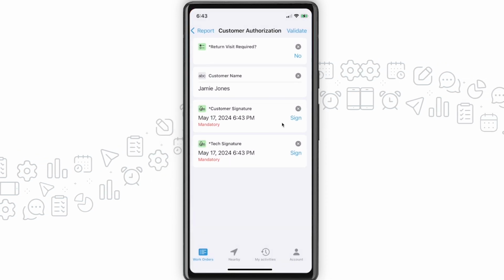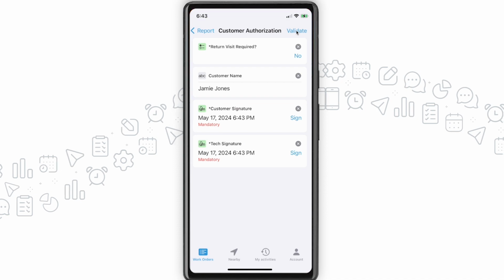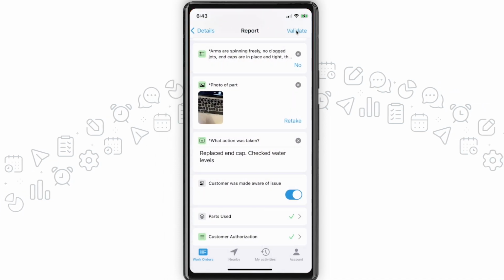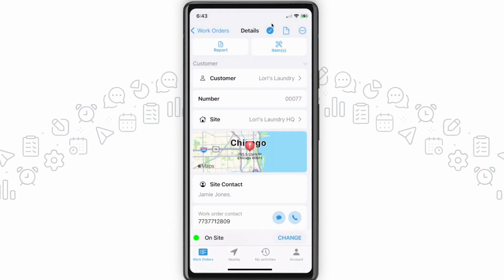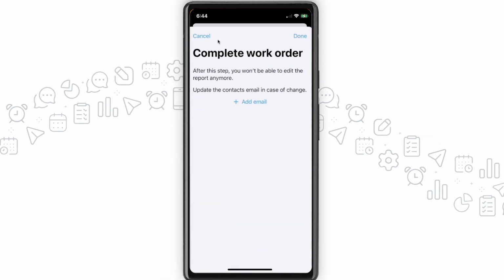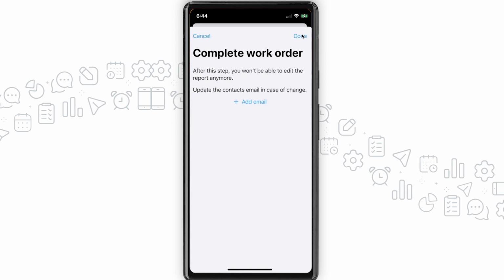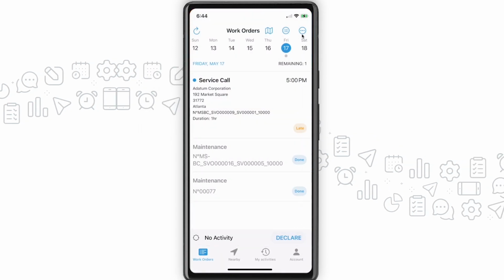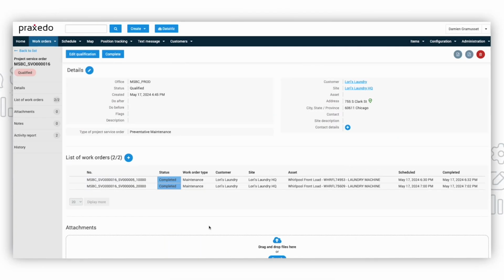Once the full work order report has been populated and validated, the tech can then complete the work order itself by clicking the blue check mark in the top right-hand corner. This will send all the information back to the web for review and gray out the work order on the mobile app. On the web, as the work orders are completed, one will be able to review the collected data